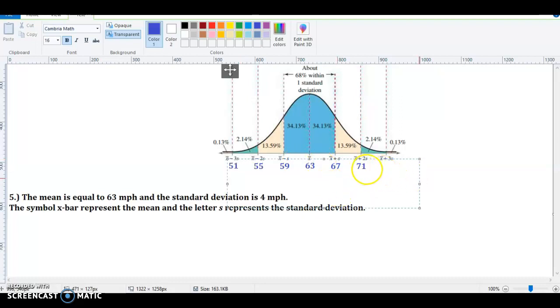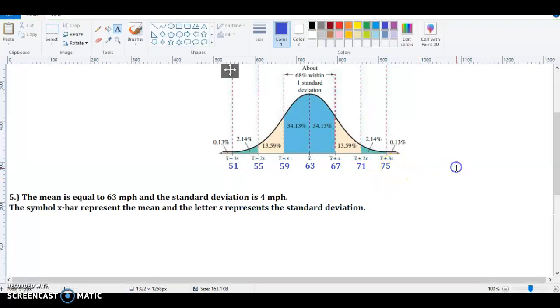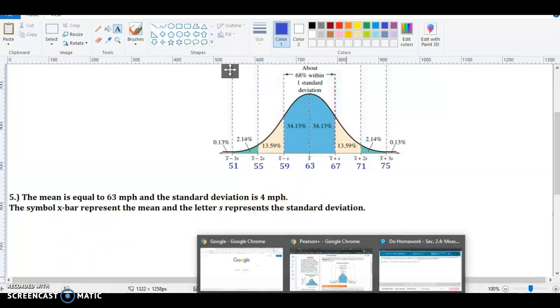Okay, and then 71 plus 4 is equal to 75. So 75 is 3 standard deviations to the right. So once we've correctly filled in our diagram according to the mean and standard deviation, we can now answer the question. Okay, so the problem was asking